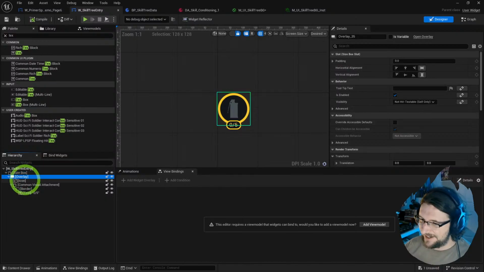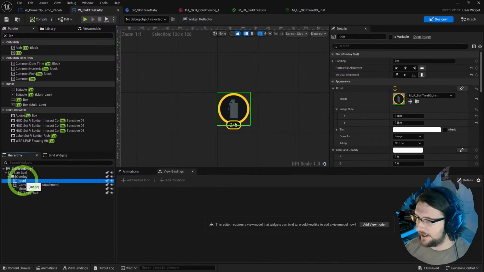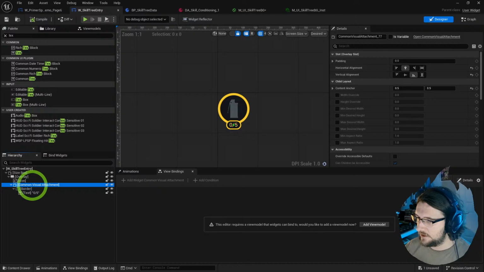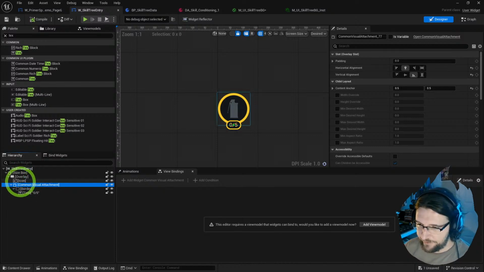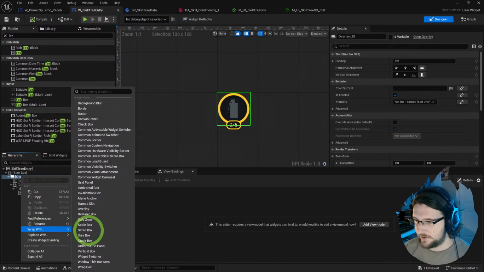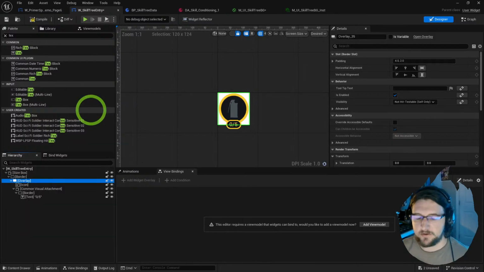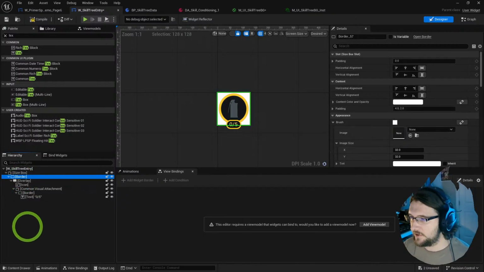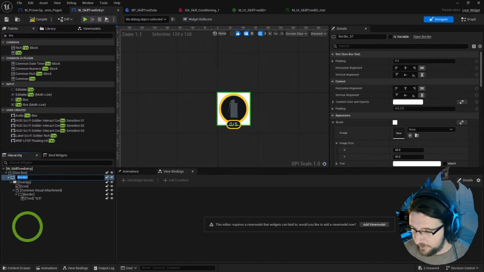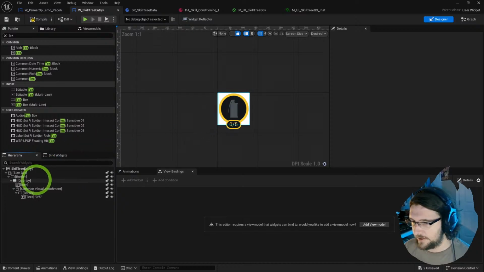Have a size box, so technically we don't need the overlay. We could have the icon as a border, put the visual attachment at the bottom of that border, and then we could remove an overlay. So let's, look, I'm just being really ridiculous now in terms of how few elements I want in this hierarchy, because I want to have a lot of them. So we're just going to keep going. So this is the border. We're going to steal